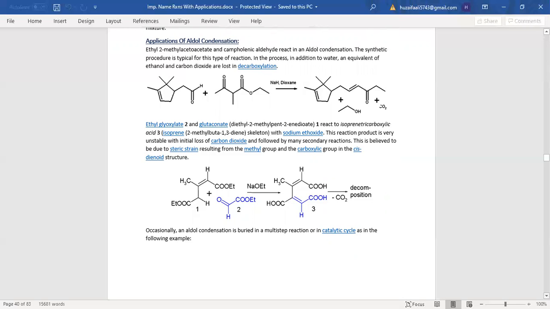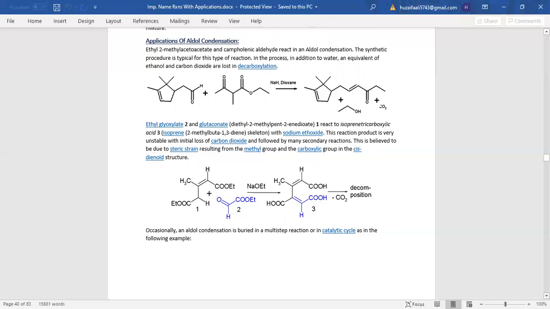Ethyl glyoxylate 2 and glutaconate 1 react to isoprenoid nitrile carboxylic acid 3 with sodium ethoxide. This reaction product is very unstable, with initial loss of carbon dioxide followed by many secondary reactions. This is believed to be due to steric strain resulting from the methyl group and the carboxylic group in the cis